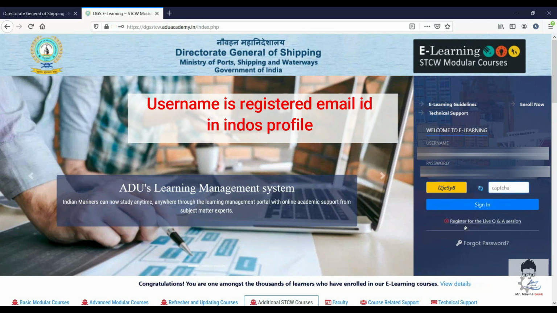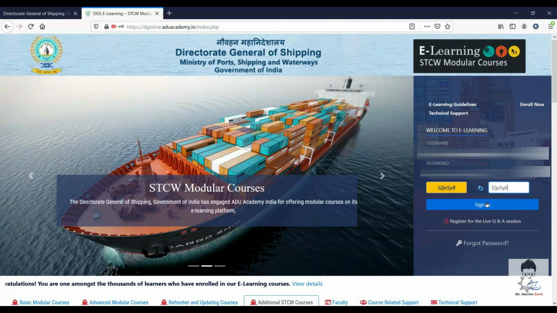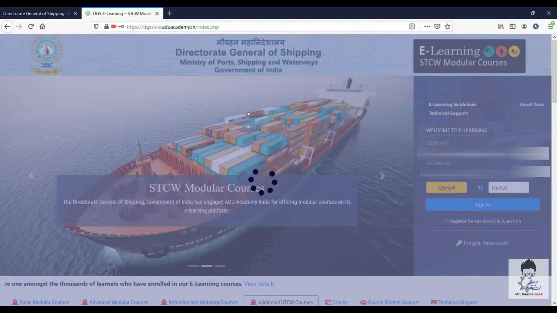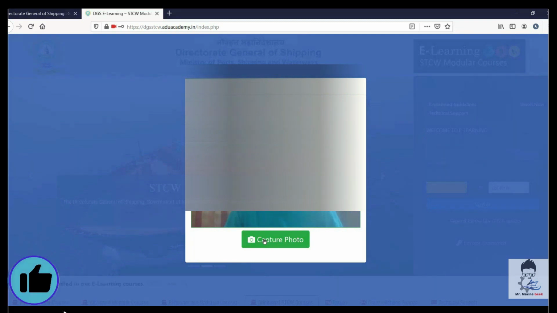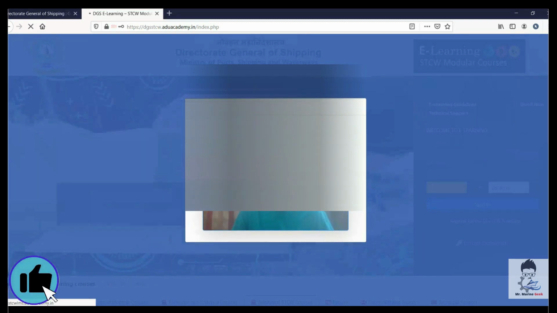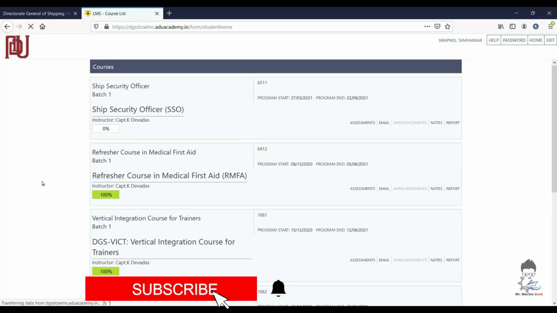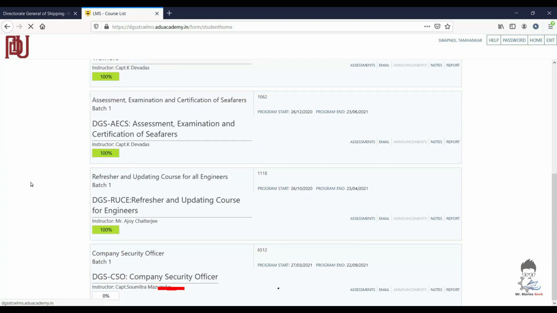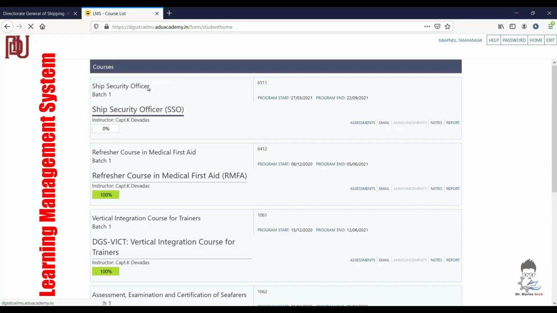Now after putting the captcha code, just press the login button, and it goes directly into the facial verification. So the webcam will automatically get turned on, and this photo verification will be compared with the live images in the DGSA website. And this is how the main homepage or the dashboard looks like.